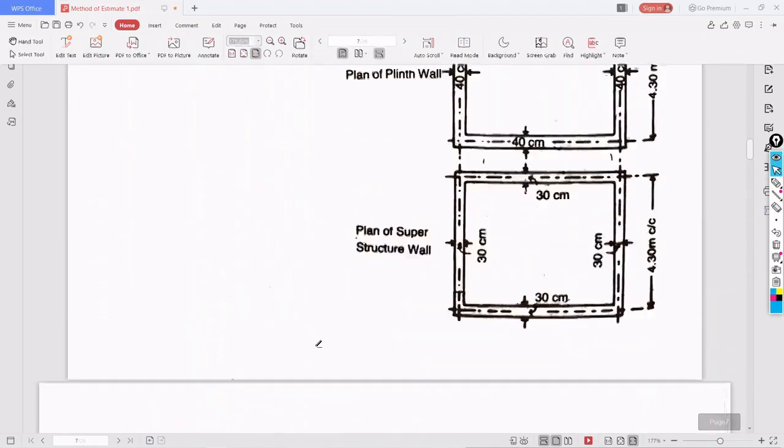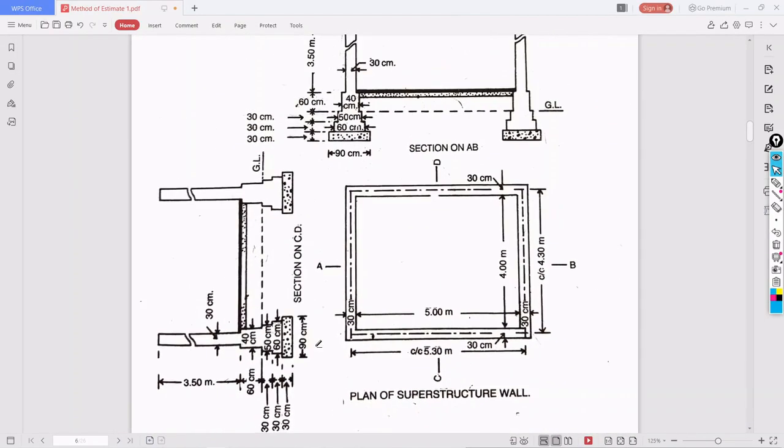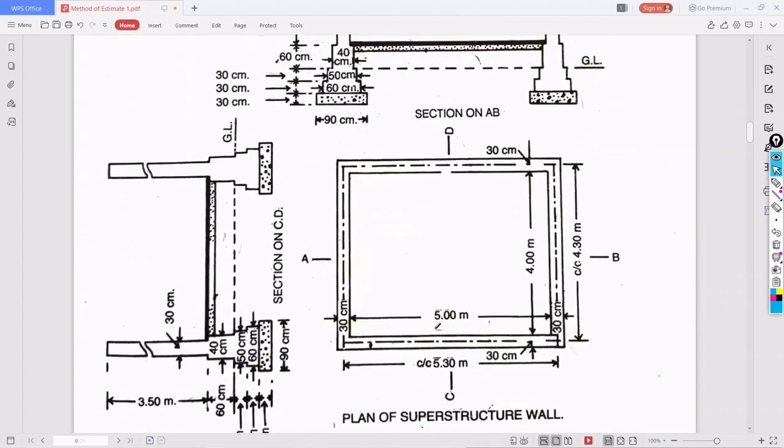So this one we have done. This is the one room building. So 5 meter into 4 meter was the inner dimension, with a 30 centimeter wall. So what is the center to center length? It is 5.30 here and 4.30 here.